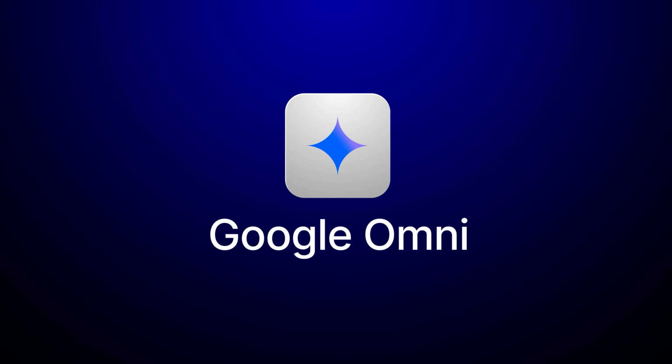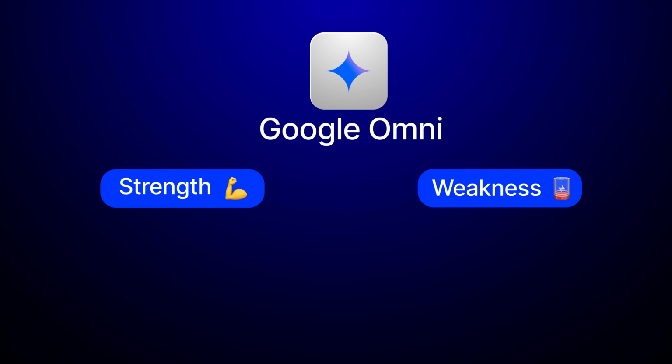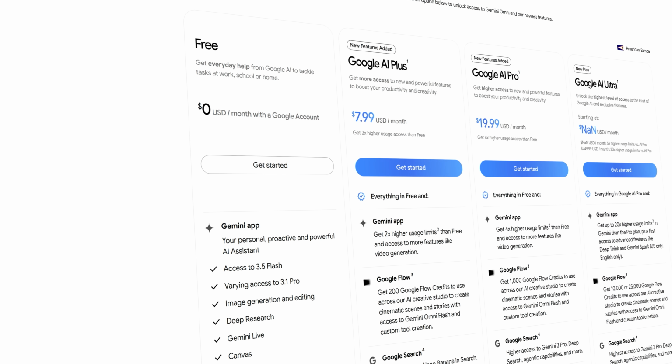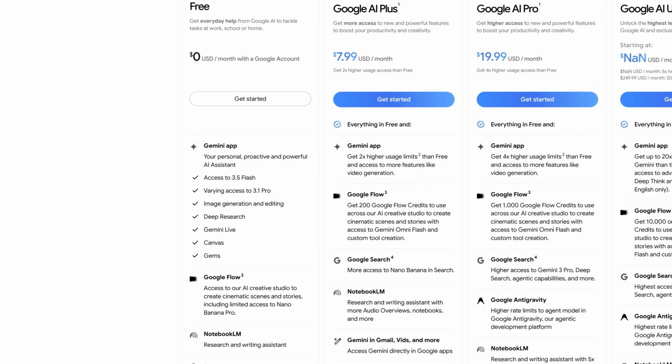Then we got Google Omni. This is the odd one out of the four. This is not kind of like a fair comparison. This is a model on its own, and you maybe shouldn't even compare this to Seedance, but we're doing that either way. What do I like about Google Omni? For one, it's extremely cheap. If you were to purchase one of Google's plans, then you can generate quite a lot of different videos with